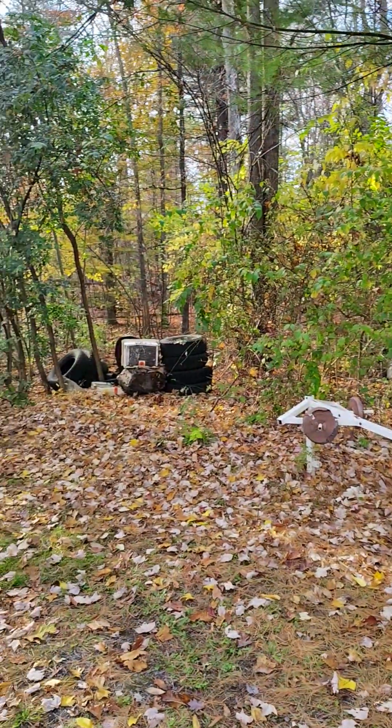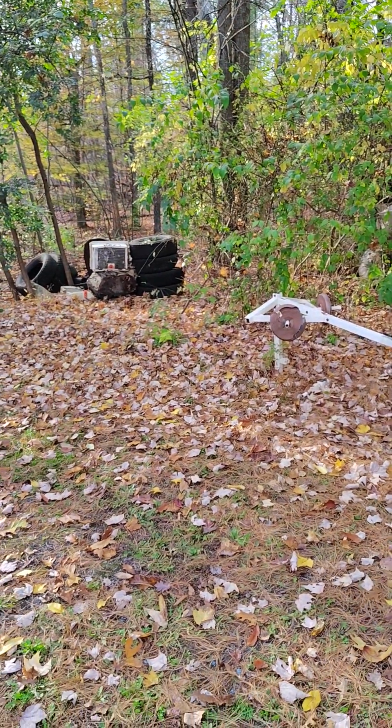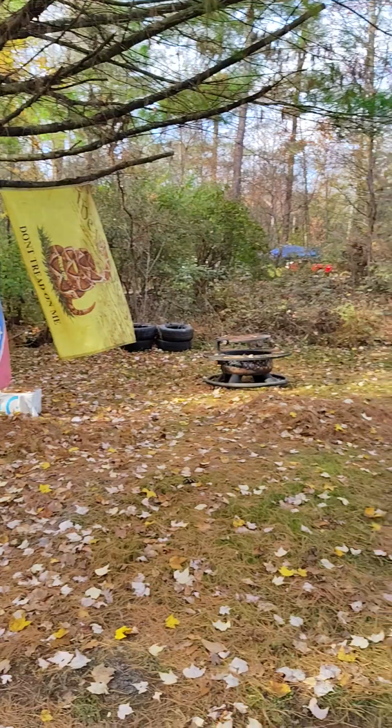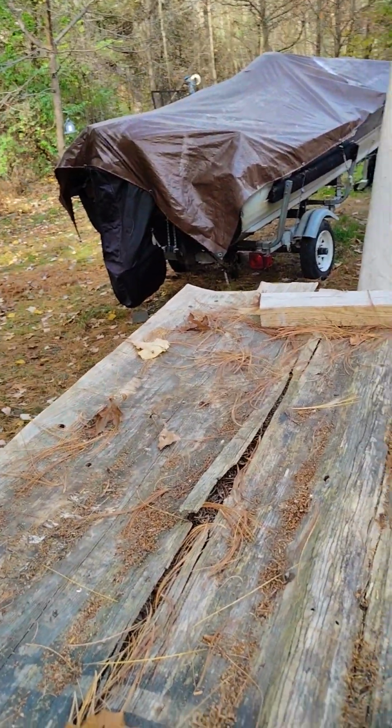Out here at the old little plinking range. Not a lot of room. I only shoot like .22s and stuff here. But there's the old boat, by the way, covered up. Might take her out one more time, but I'm out here